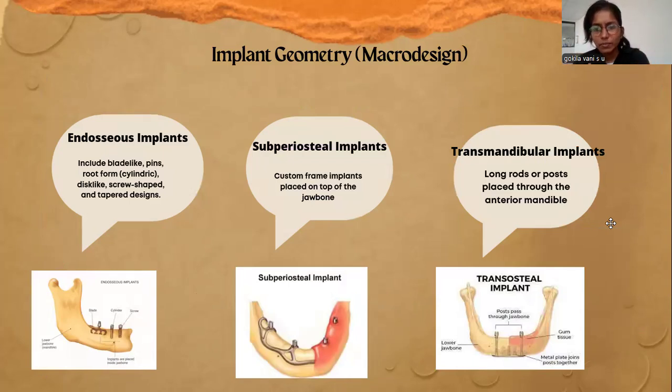So how do we classify implants? Basically, implants are classified based on their implant geometry as endosteal implants, subperiosteal implants, and transmandibular implants. What we generally use in regular clinical practice, in conventional cases, not in compromised cases, are the endosseous implants, which include cylindrical, screw-shaped, and tapered design implants. Subperiosteal implants are custom frame implants that sit on the jawbones, whereas transmandibular implants include long posts and rods that pass through the mandible. So,